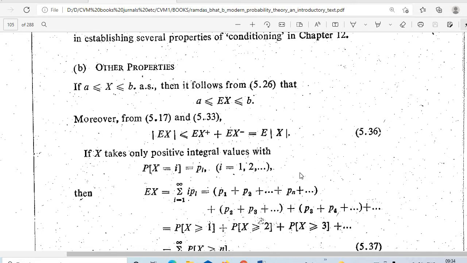So today we are discussing some properties of expectation. Let us consider a less than or equal to x less than or equal to b almost surely. Then clearly we know that a is less than or equal to expectation of x less than or equal to b. Now what is expectation of x for arbitrary random variables? So that is nothing but